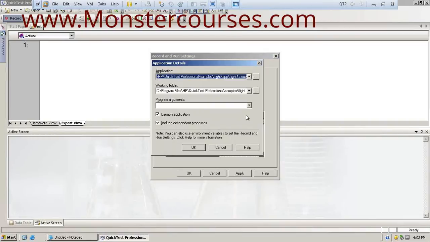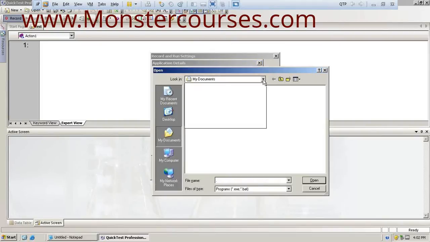By default, whenever you install QTP, you get a sample flight reservation application. We'll be using this sample application to understand how a tool tests the flight reservation application. To browse the application, in the application details window, just click on Browse. When you install QTP, the sample flight reservation application gets installed.